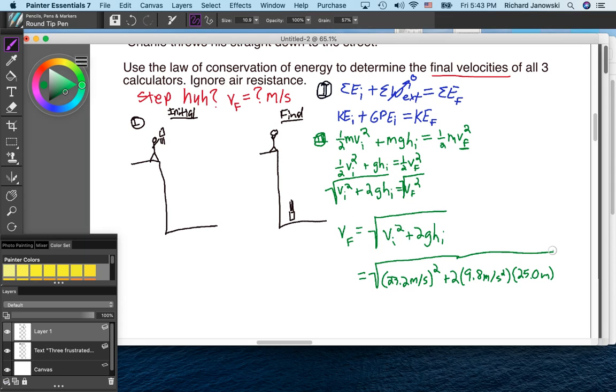So if you do all that in your calculator, let me pick up my calculator real quick. 23.2 squared plus 2 times 9.8 times 25. That gives you 1028.24, but you've got to take the square root of that. So raise that to the 1/2 power, and you end up with,